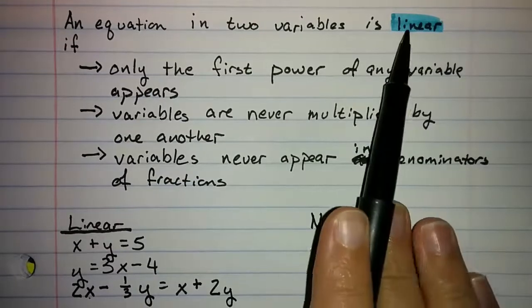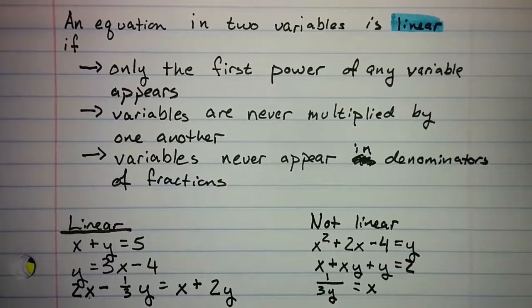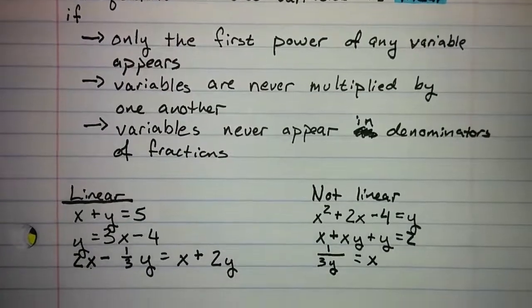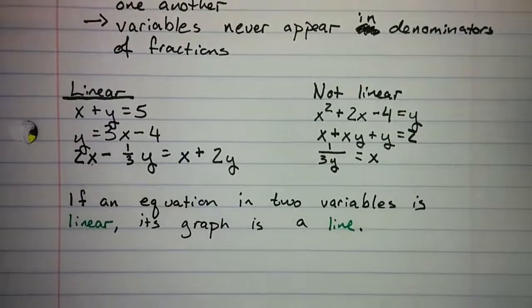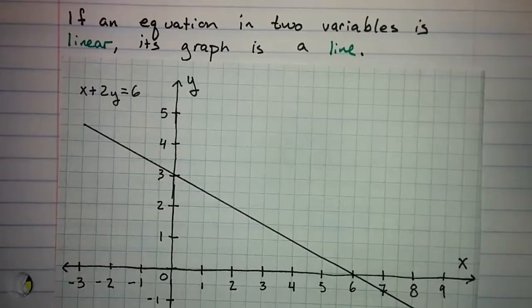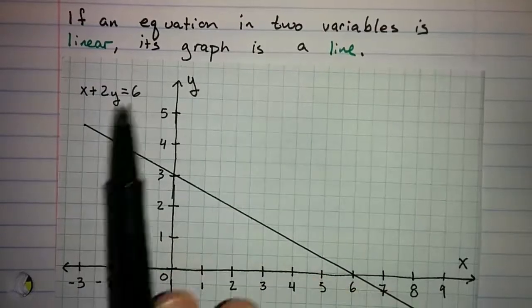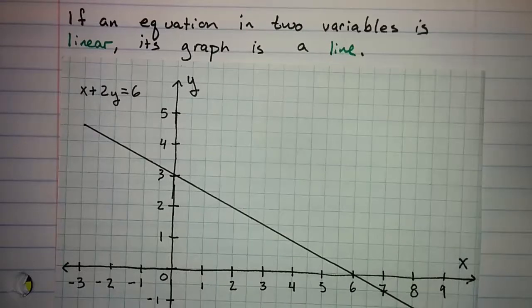Now, this word linear suggests something about these equations, and in fact that suggestion is correct. If an equation in two variables is linear, its graph is a line. Let's see an example of that. Here we see the graph of the equation x plus 2y equals 6. Now we'll see later on how I came up with this graph. But for now, what I want you to focus on is,